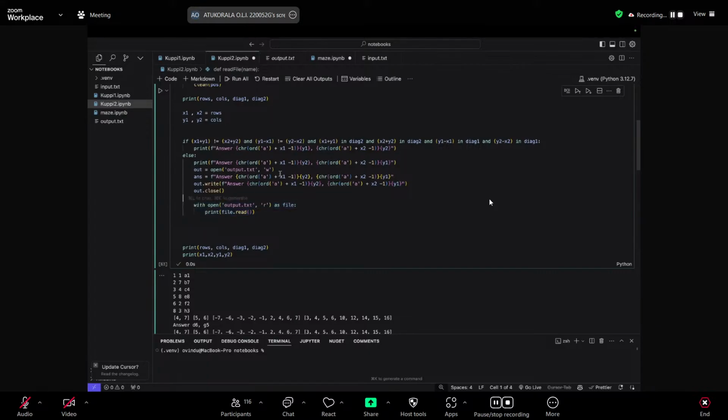But if you explicitly call the open function like the way I did, then it won't do that, right? If you do it like this, then after this loop runs, after it is read, it will automatically close the file. So that is a good question. If you write it like this, you don't have to close it. But if you write it like this, then you will have to close it. Okay, I hope that answered your question.